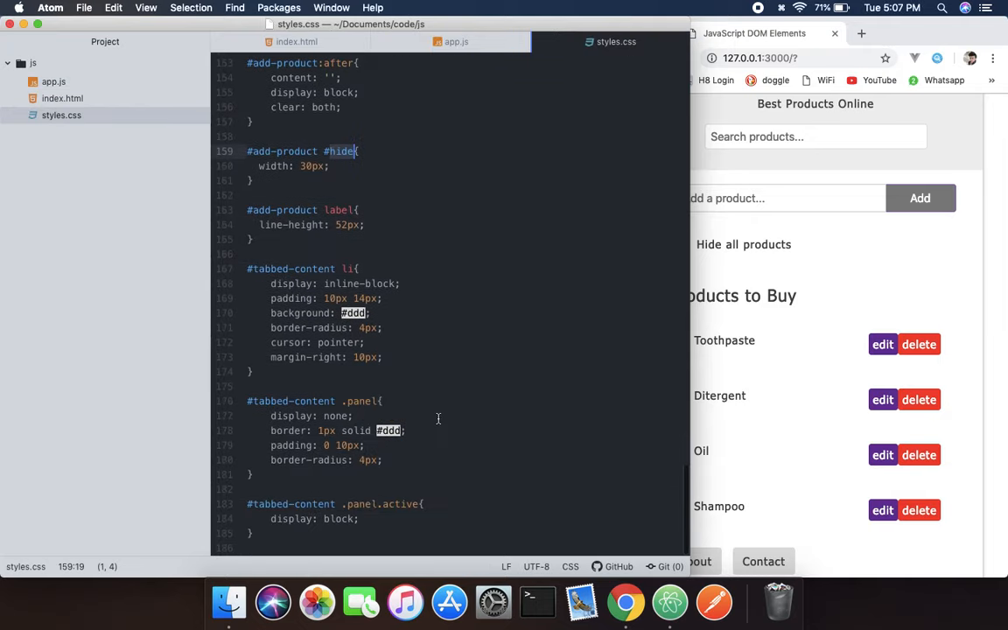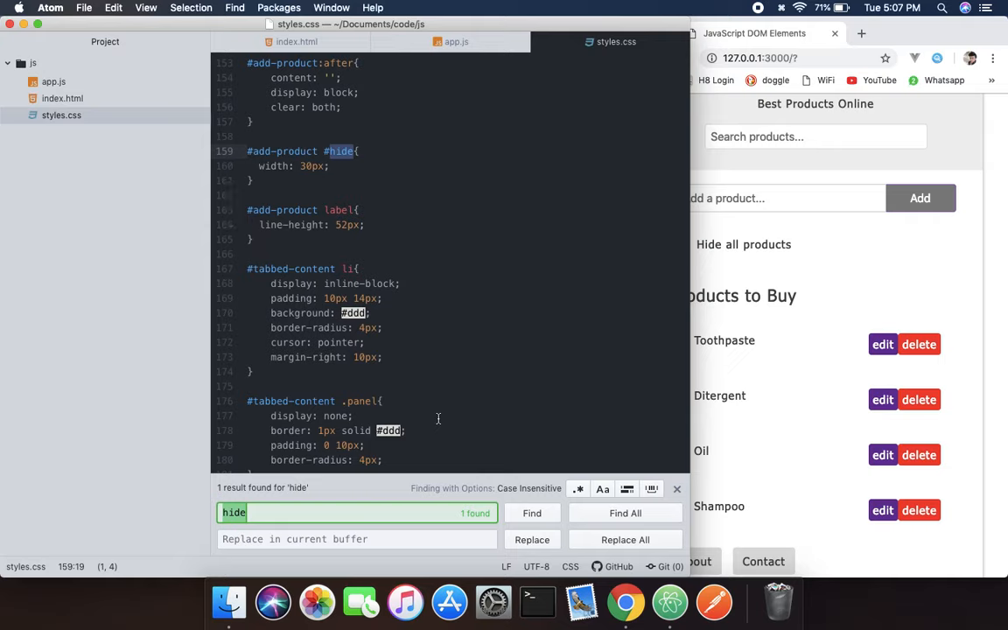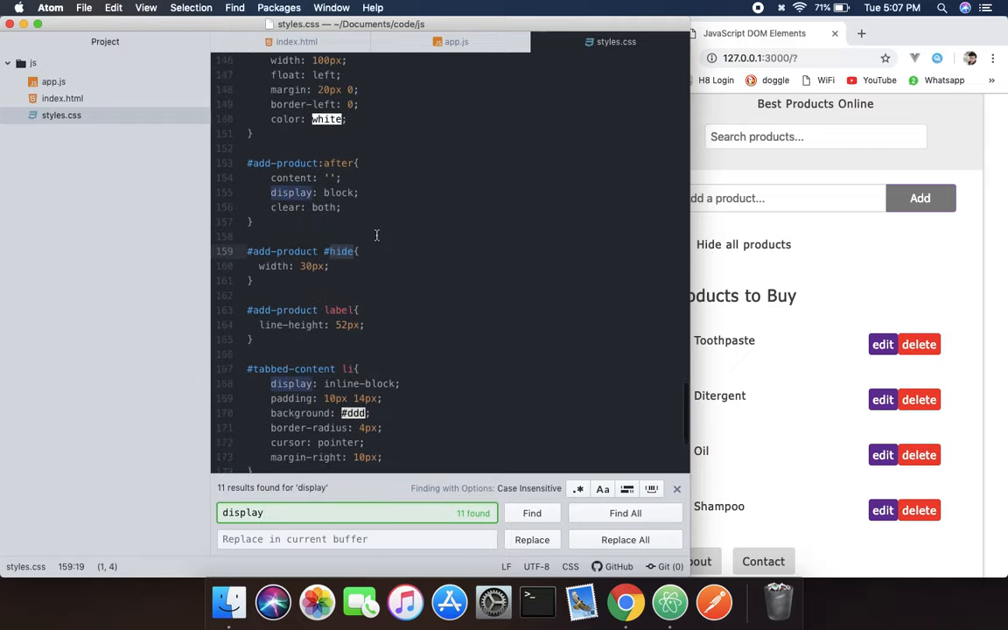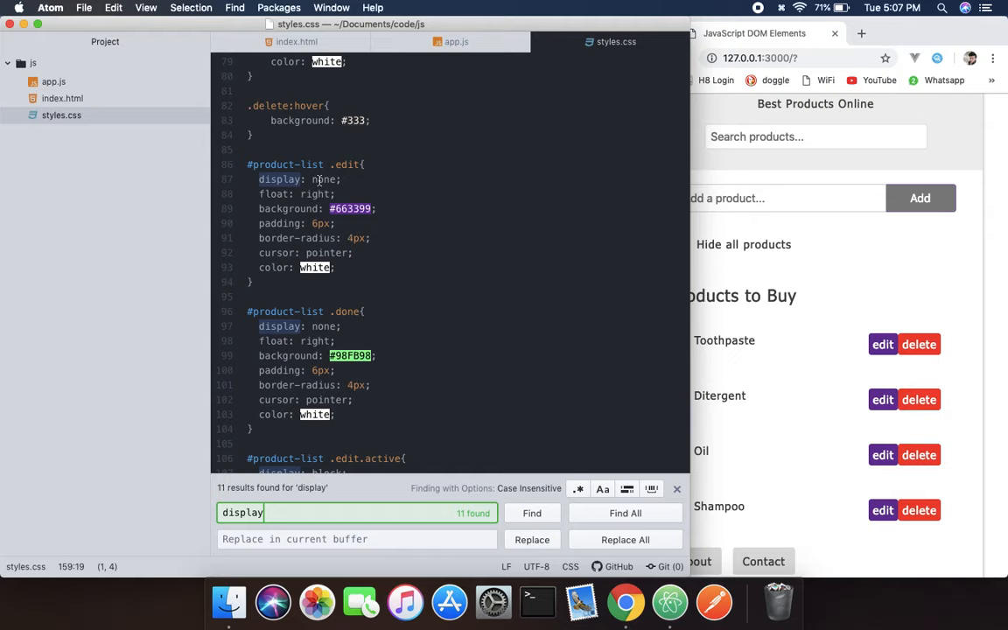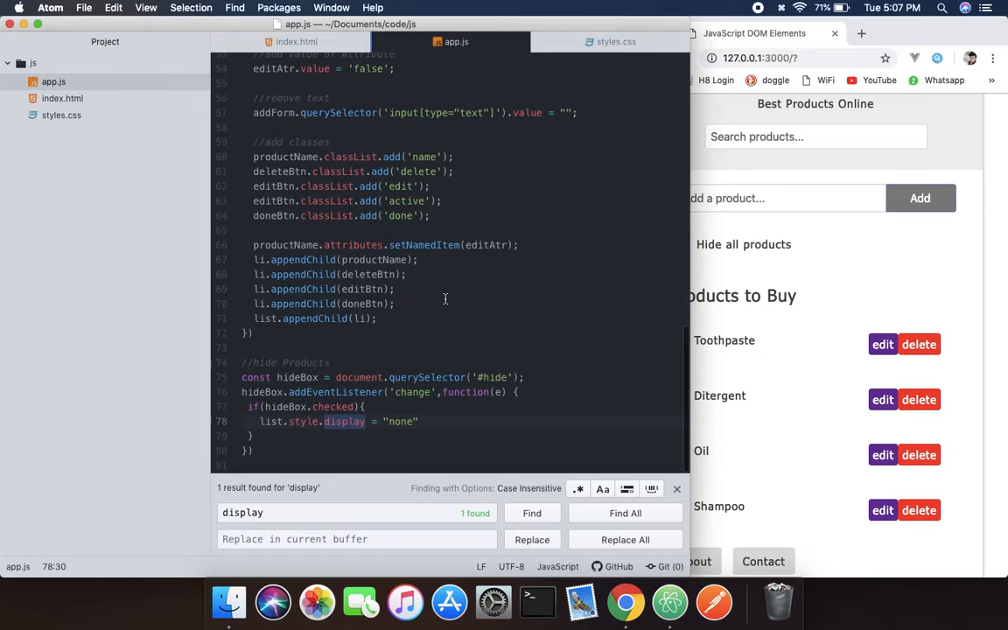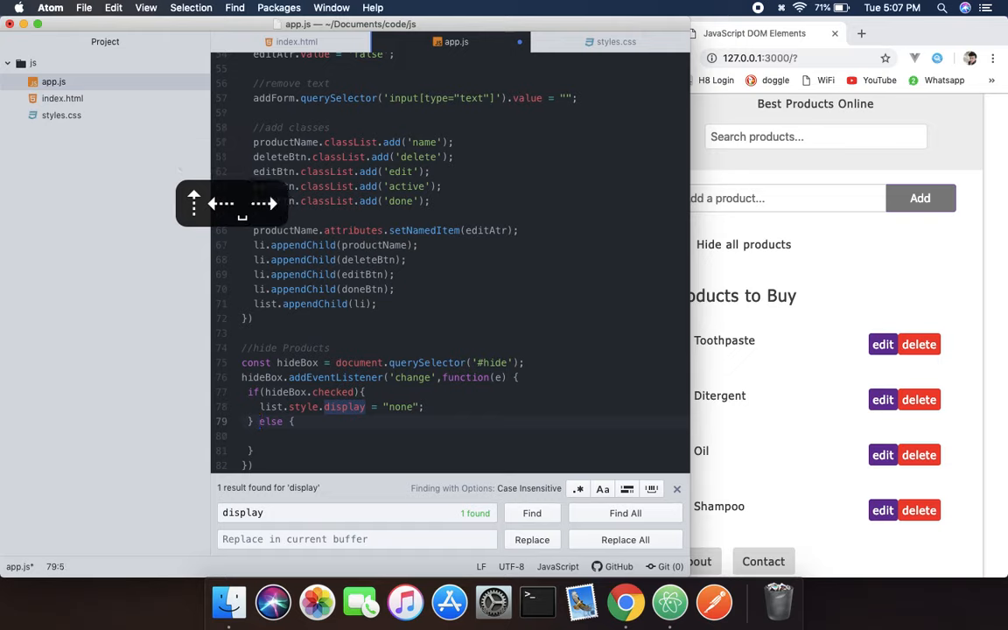Let me find display. So you can see that the list, which is our product list, has a display, and it will change into none. And if it's already checked, then it would change into list dot style dot display equals initial,